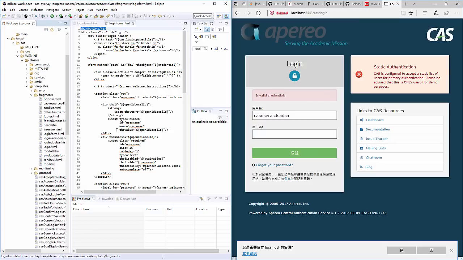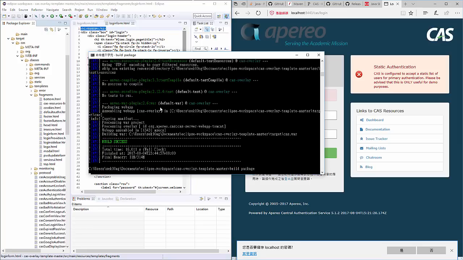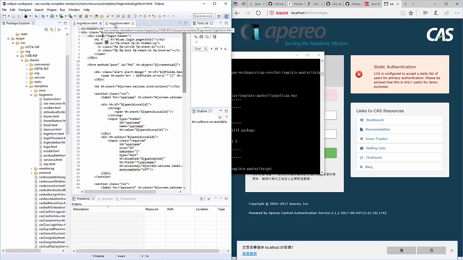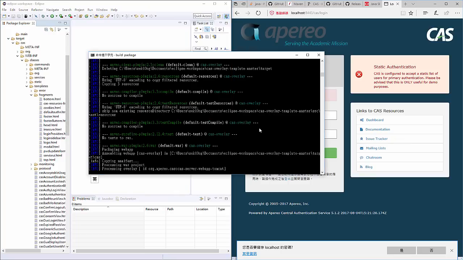If I rebuild this one here, you will see that in the original you don't have the random, but in the new one you have the random. Let's see if it shows it.